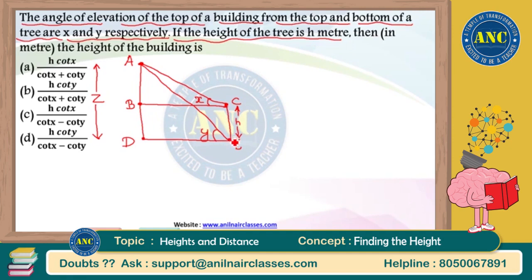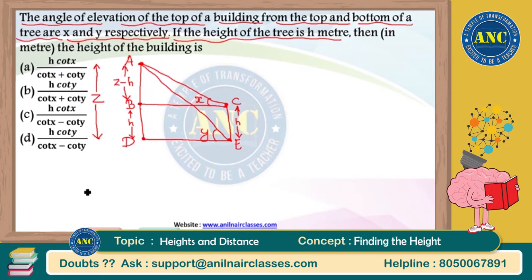If CE is equal to H, BD also will be H. If the entire distance from A to D is Z and B to D is H, then A to B will be, from the entire Z remove H, Z minus H. Now, if you observe this particular question, in all my previous questions, I taught you how to solve by using